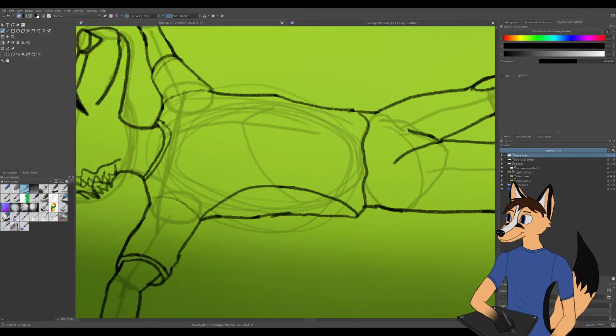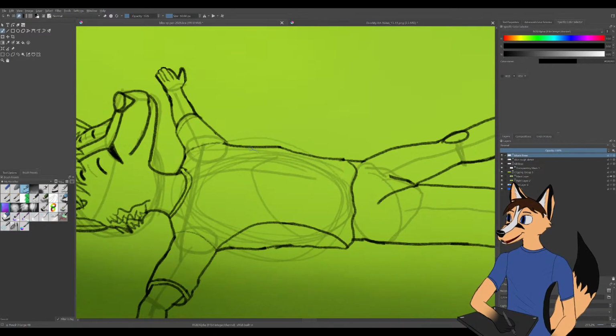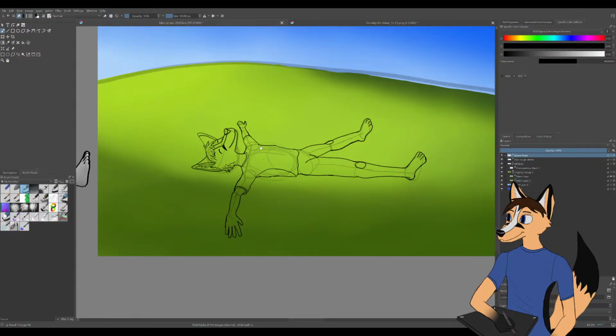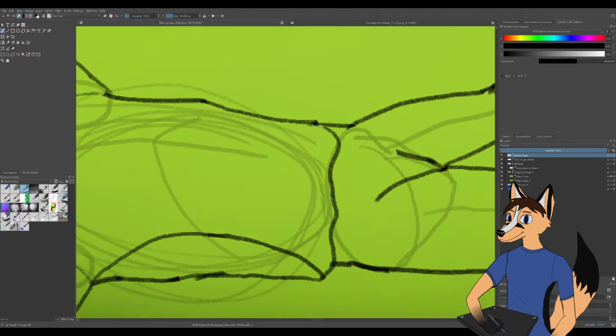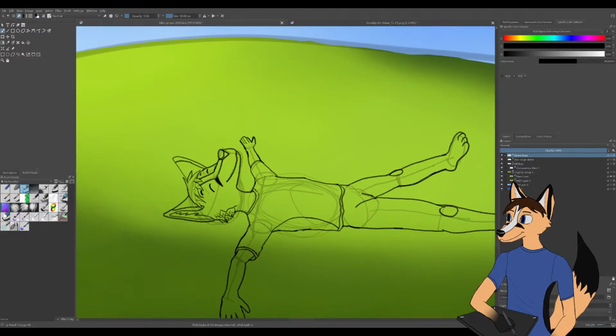And the other side of his shirt that goes in like that probably isn't going to be visible from this angle, so I don't need to worry about that detail on the other side. I need to kind of draw the rim of his shirt here. Border, whatever it's called. And save the document.